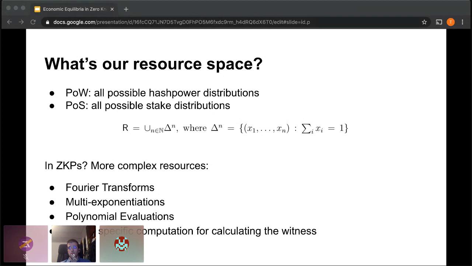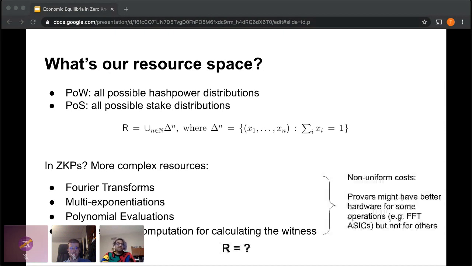But at a high level, we have things like Fourier transforms, as in FRI-based systems and in a lot of systems that do any type of error correction that isn't done by a polynomial commitment, you have to do an FFT over an abelian group. Obviously, the characteristic could be big. There are a lot of ways to make the computational issues with that quite large. You have to do multi-exponentiations, which are obviously time-consuming. And in something like the prior talk on polynomial commitments without FFTs, you have way more polynomial evaluations. So those n log n, Jacobi polynomial, and Lagrange polynomial type estimations are more expensive. And then finally, you have these circuit-specific computations for calculating witnesses.